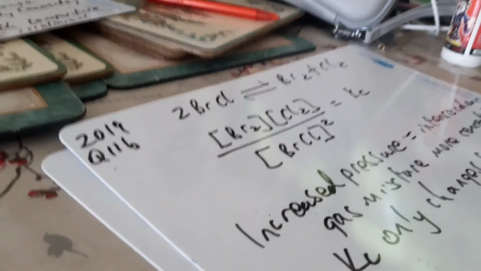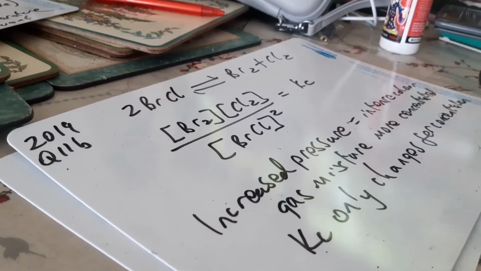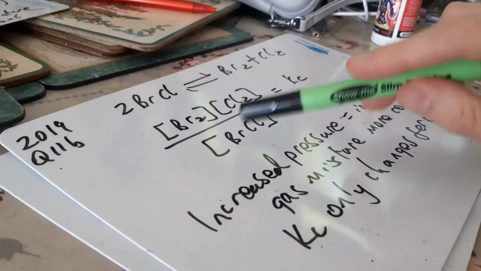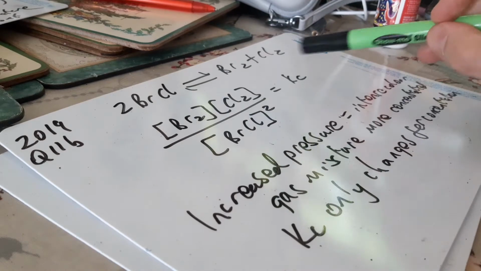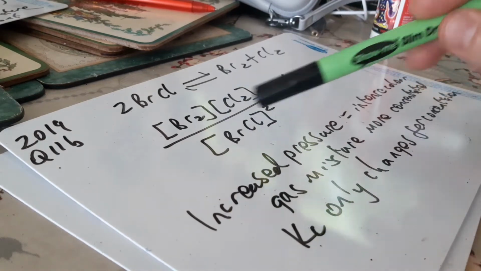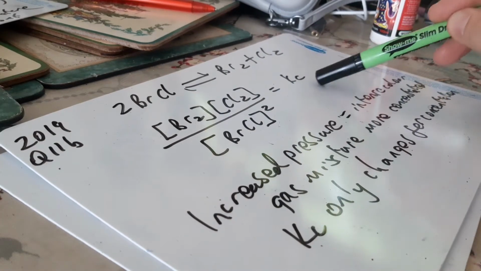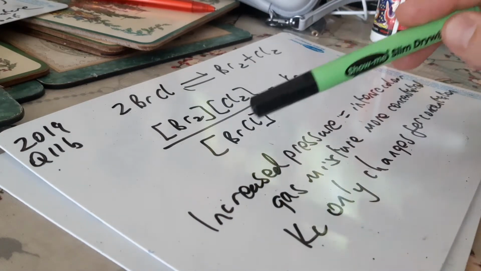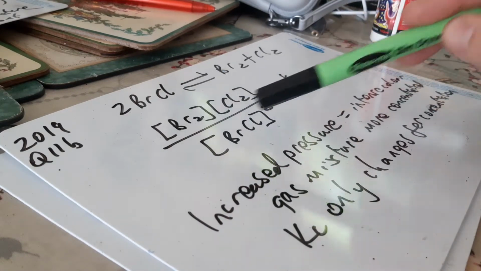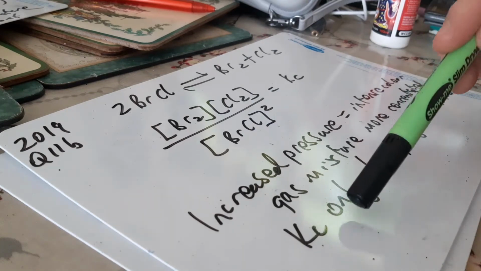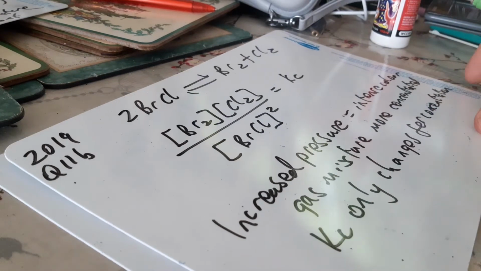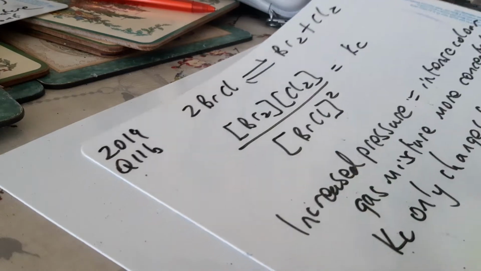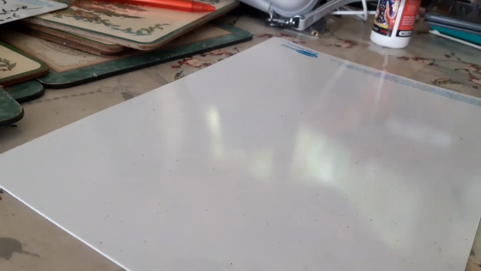But what's really important here is to remember that Kc only changes when we change concentration. It doesn't change when we change pressure, okay? The system will adjust to maintain Kc. So Kc will always stay the same. So if you increase the pressure, it's not actually going to affect Kc one way or the other. Kc will remain unchanged. It only changes for concentration. That's all you need to say for that. Is that okay? I want to have a look at another one.